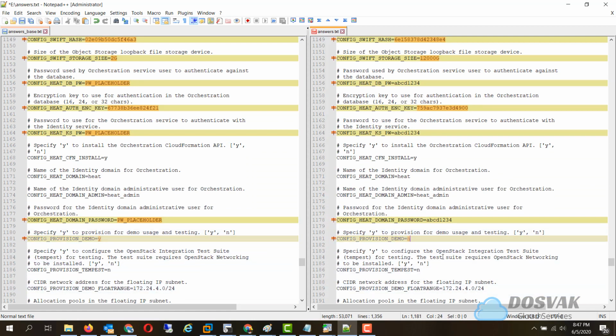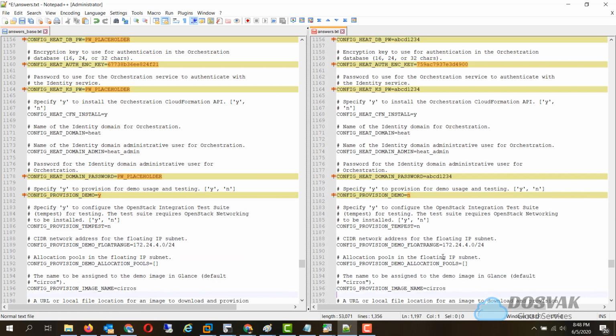We don't want to provision demo data. OpenStack comes with demo data, demo virtual machines, demo router, demo network, but that all creates unnecessary configurations which we may have to later clean up. But it's optional. If you are trying for the first time, you may want to provision the demo, but I recommend not creating the demo and manually creating so that you're familiar with the creation of a network, router, virtual machines, connecting the interfaces, creating a provider network and a public floating IP network.